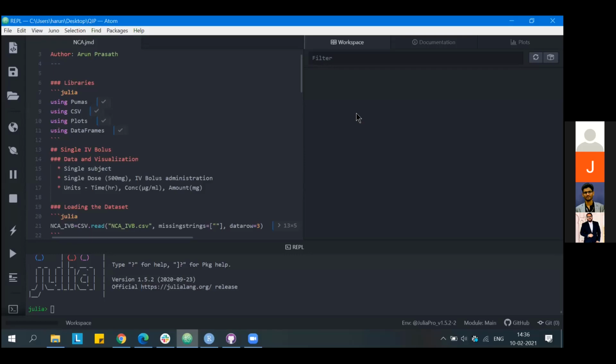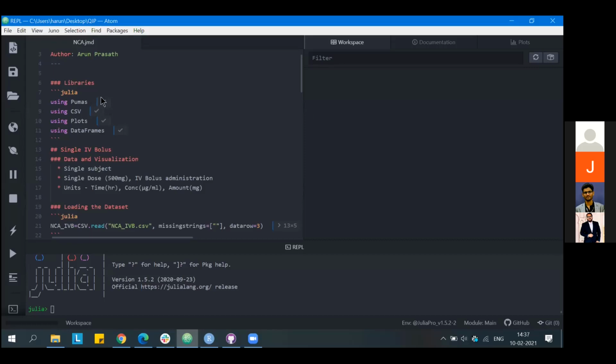Pumas can perform a variety of modeling aspects like compartment modeling, POPPK, and even clinical trial simulations. But in this demonstration and workaround, we'll be focusing only on NCA.